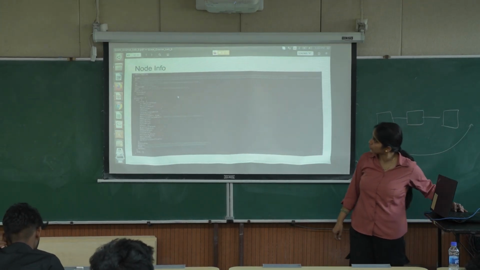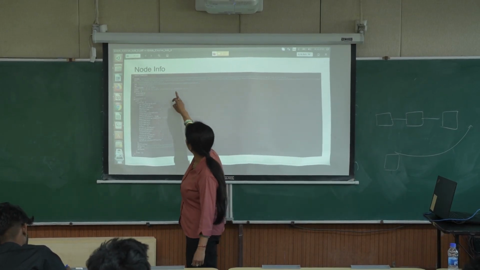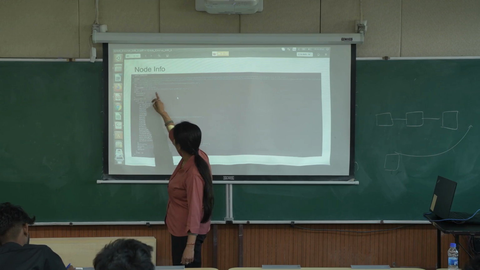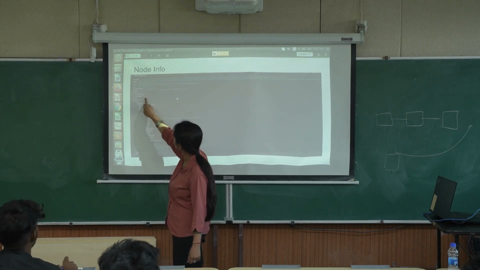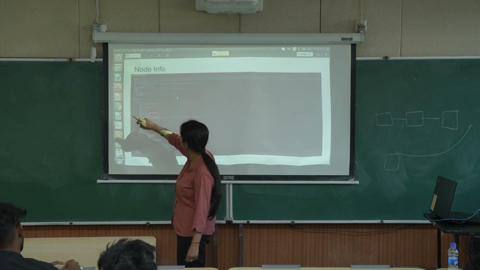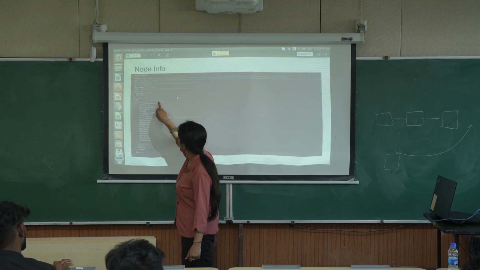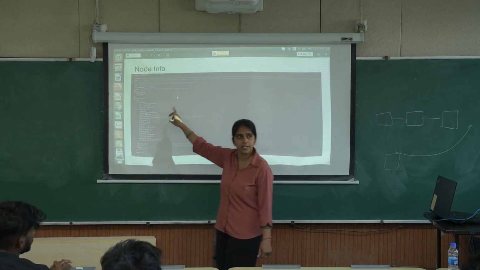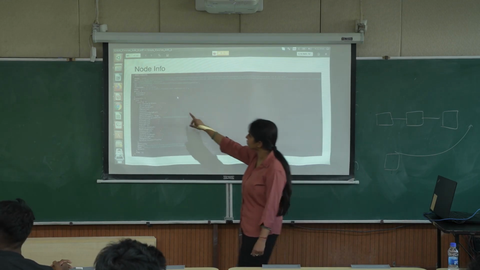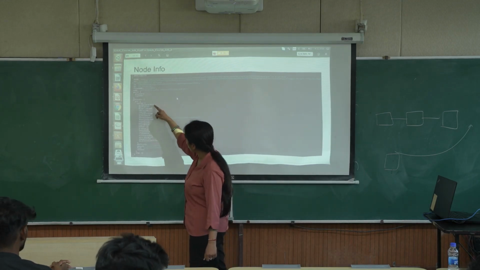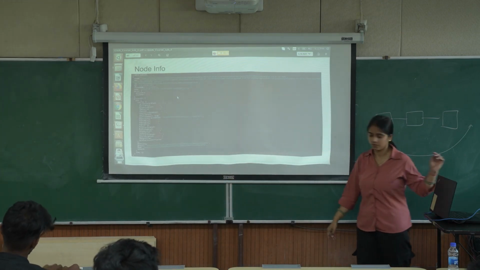This is the node info. So enode, ID, IP, these are the parts. It is listening on port number 30303, the protocol and its configuration. This is the block number it is connected to. The Geth client block number and all the information about the Ethereum client you will get from there. Okay?